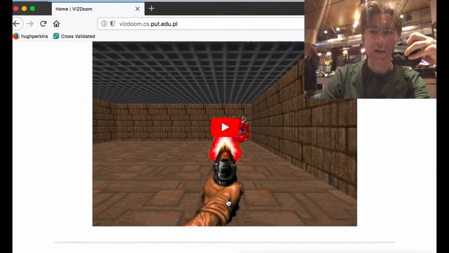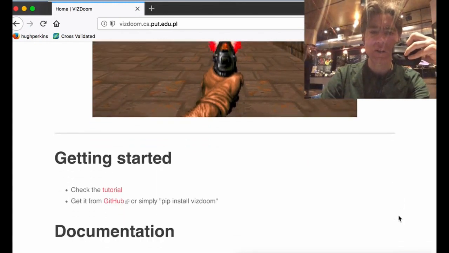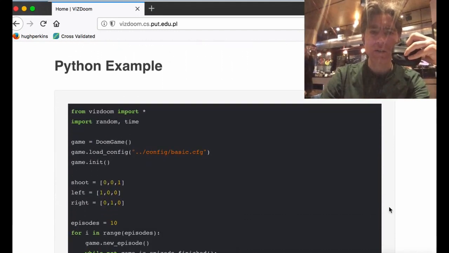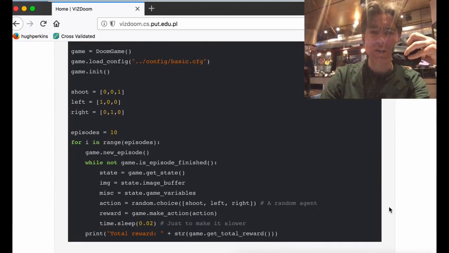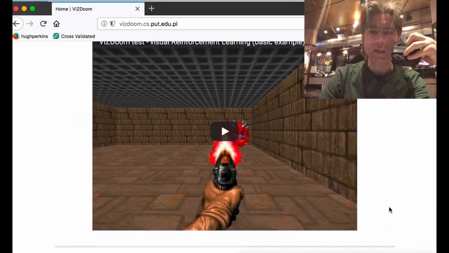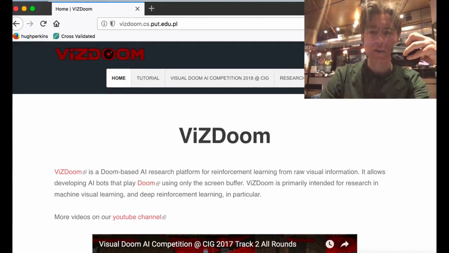It's some guys in Poland that have made an AI reinforcement learning environment based on Doom. It's really easy to install. They produced an example that's really easy to follow. So basically, we're going to install it and then run the simple example. It's crazy easy to install.